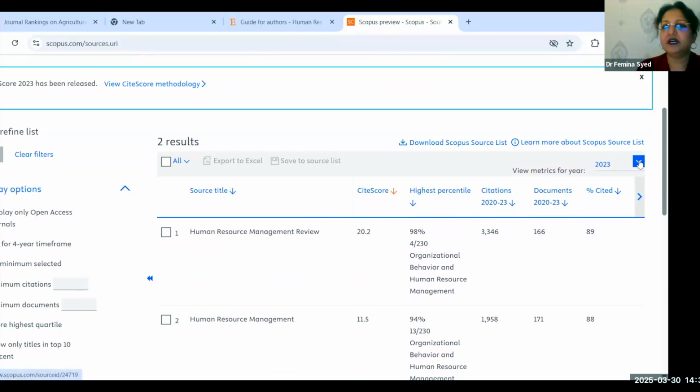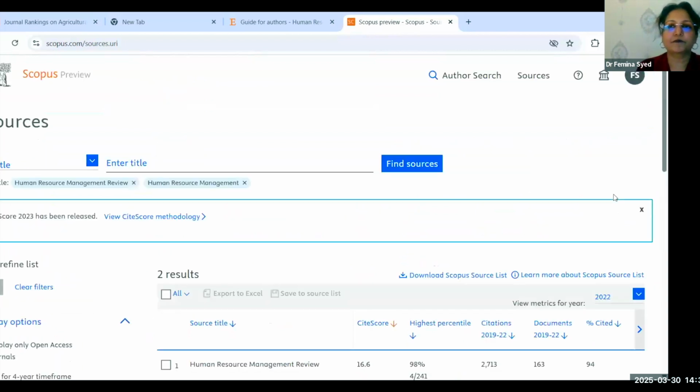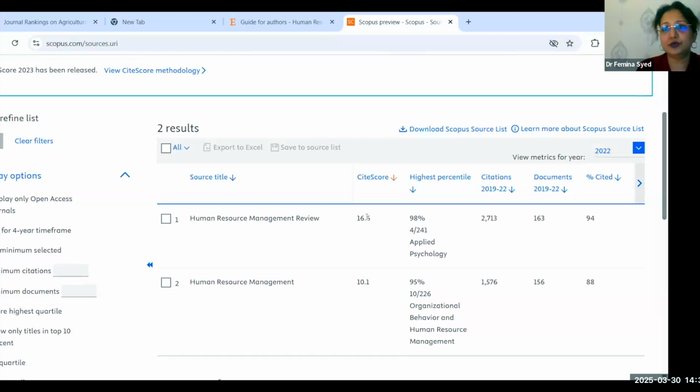So here you can even understand and compare the citation score with previous years. So click on this, click on 2022. See, the citation score for the same journal in the year 2022 is 16.6. Now the citation score has increased. That means the journal or the articles in the journal are cited many times in this particular year, 2023. So that is what it means. Citation score was less in 2022. Now it is high. That means that many more citations have been added for this particular journal. So it is really good.